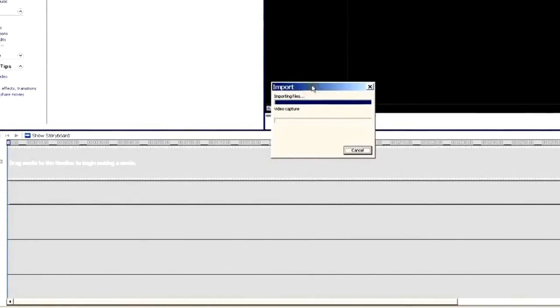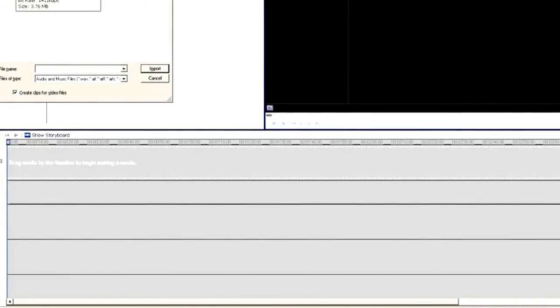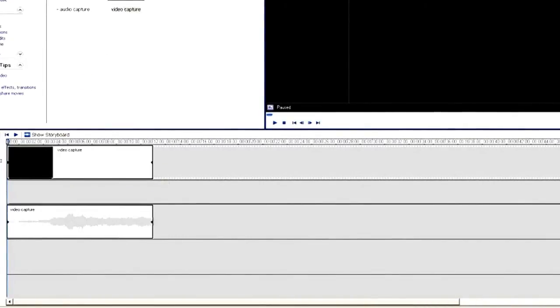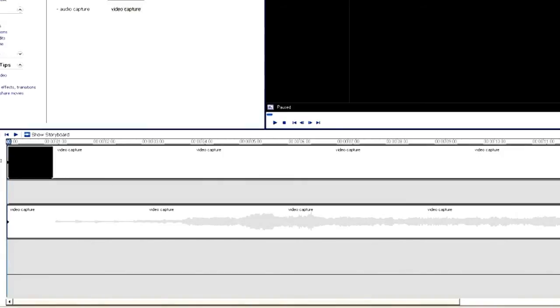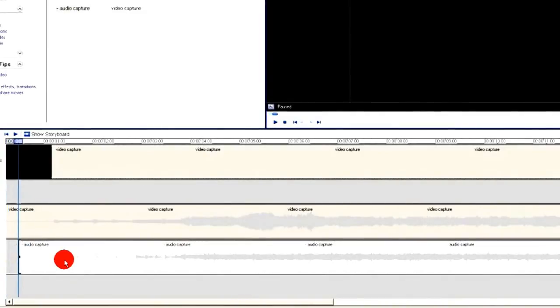After capturing, file will be imported. We need to import audio file as well. It's located on the desktop, called Audio Capture. Place the video on the timeline and expand the view so you can see the audio file waveform. Place the audio capture from Reaper on a second audio channel and synchronize both audio files using waveform